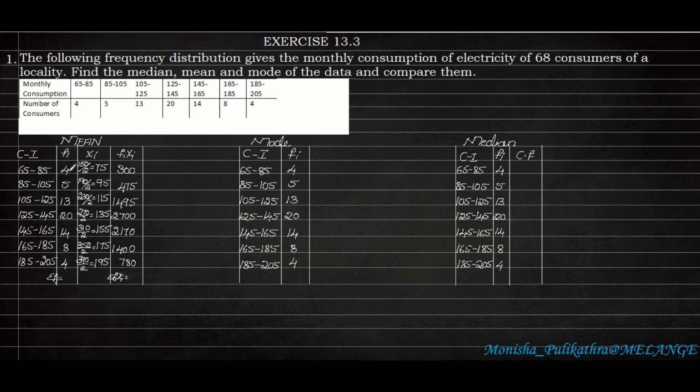In mean, we have to take the grand total of both Fi and Fi into Xi. So the grand total of Fi is 68. And when we add all these numbers, we will get 9320. So 9320 is the summation Fi Xi. Next we have to find out mean. So mean is given by the formula x bar is equal to summation Fi Xi divided by summation Fi. So summation Fi Xi is 9320 divided by 68. So first I will be taking the lowest digit to divide all these things,